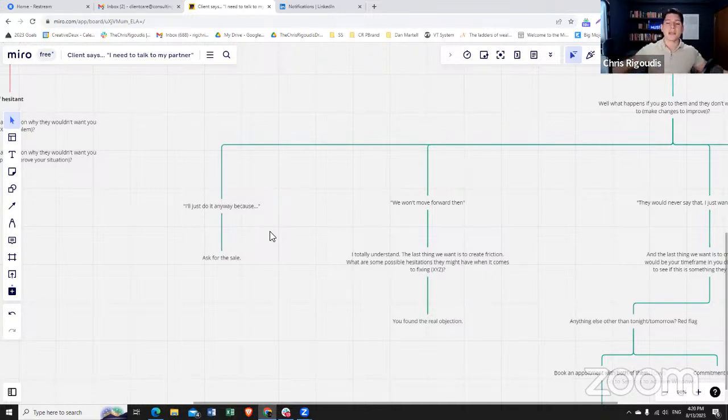Can you see how I'm including their partner in the process? I'm showing them that I care for their family or for their company, if it's a founder and co-founder. Everyone with me when I say that?